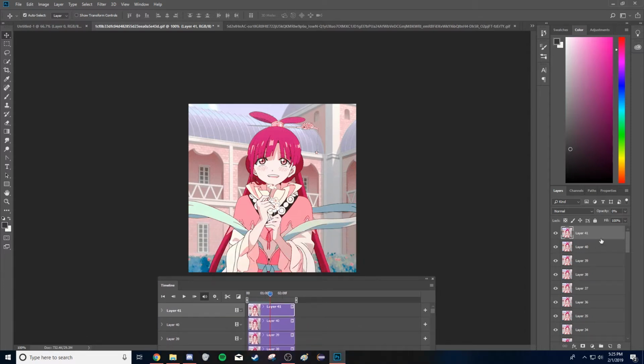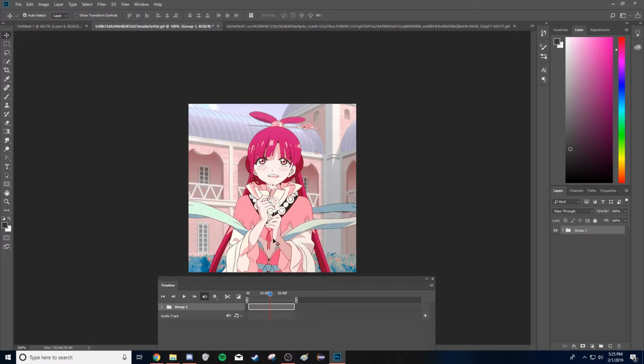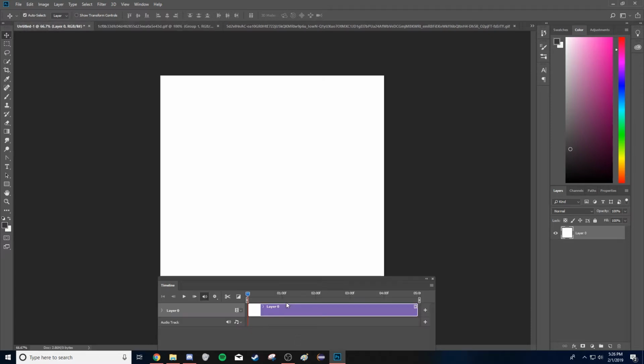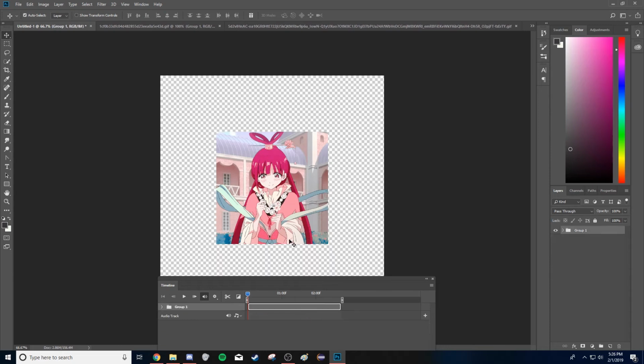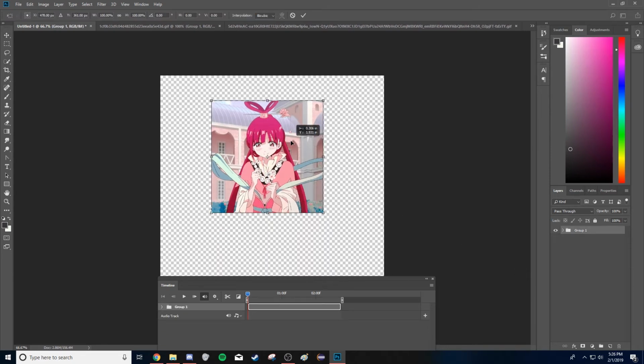After that though, you just click on the bottom one, you shift click to where it selects all, and I just put it into a little folder so that it's not as many different little things here. I copy, create a video timeline here, and I paste. I delete the background because I don't really need it. And I hit Control T. Well, actually, even before I do that,